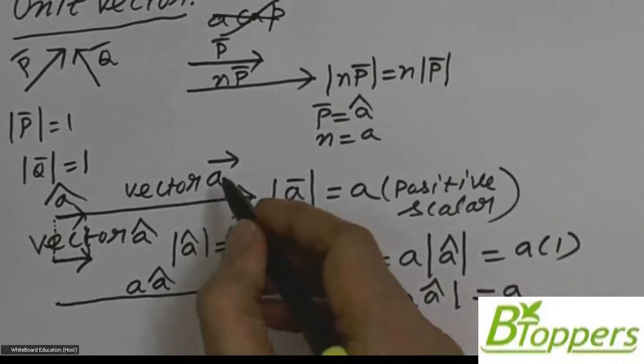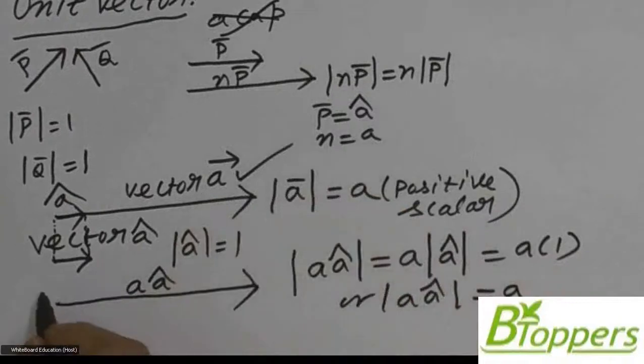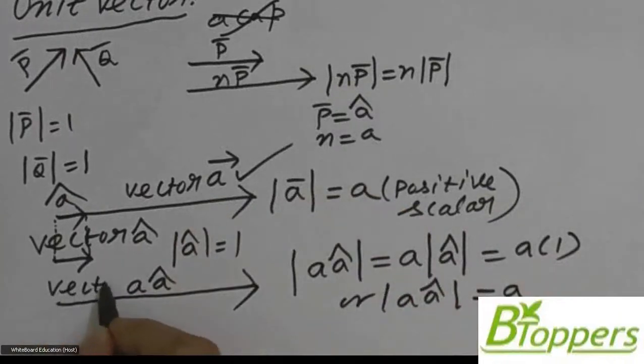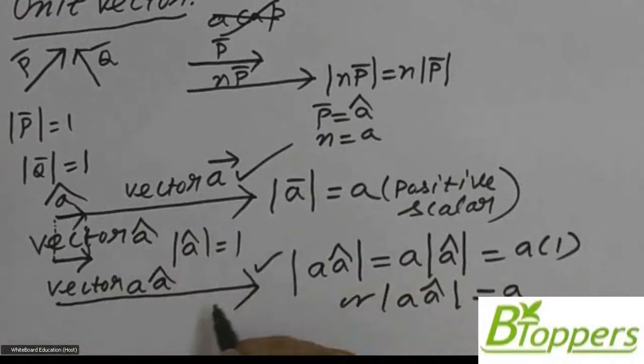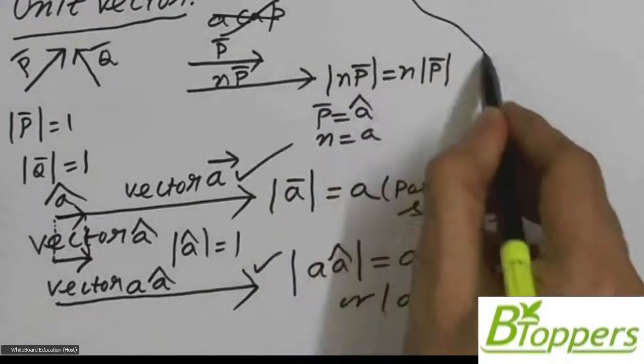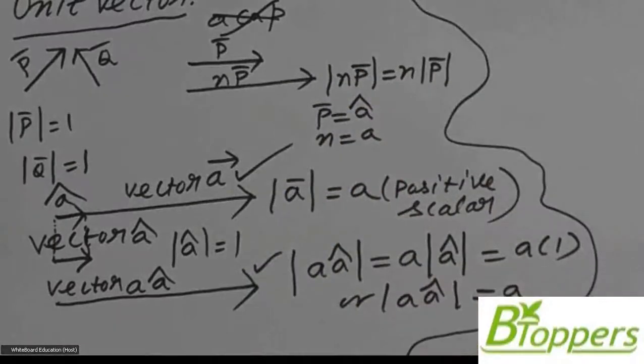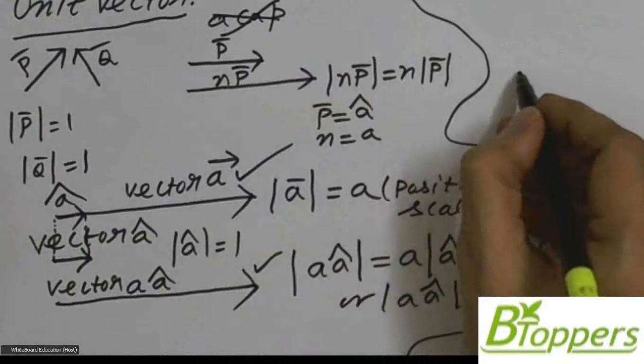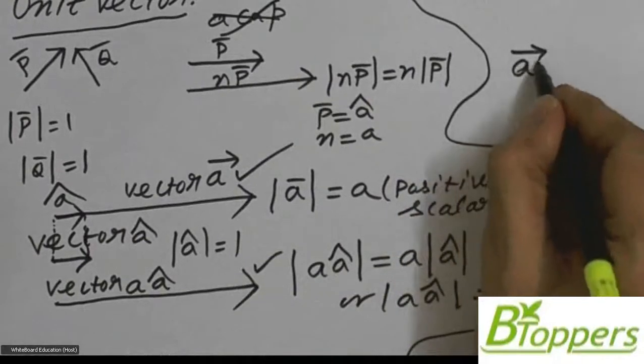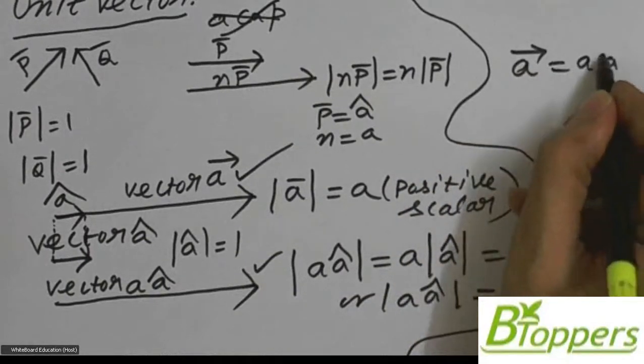So the conclusion is that vector A bar and this vector have the same magnitude as well as the same direction. So in general, if two vectors have the same magnitude and same direction, then they are equal. Therefore, you can write vector A bar equal to this vector,